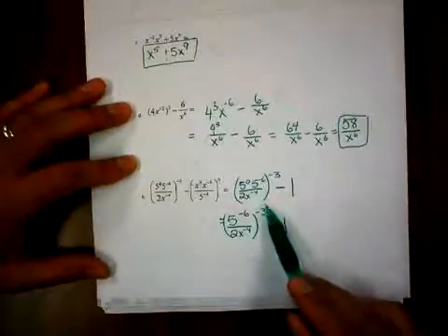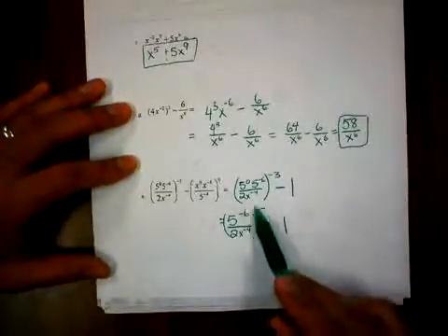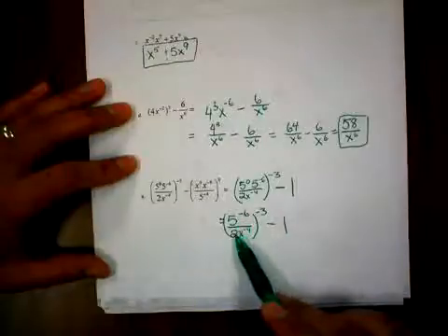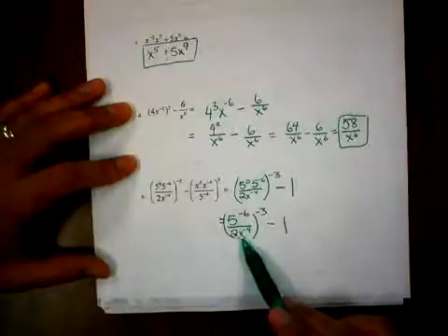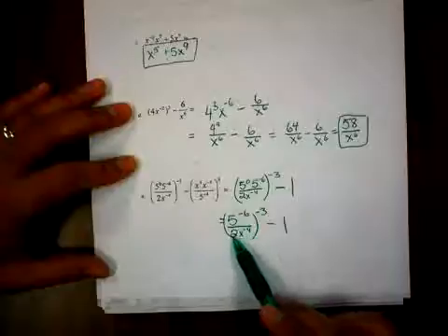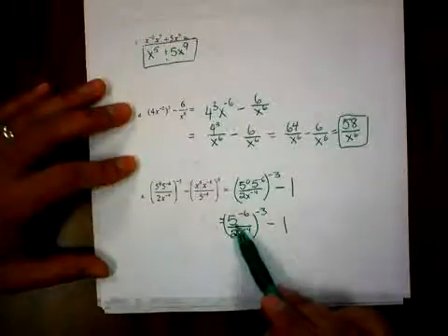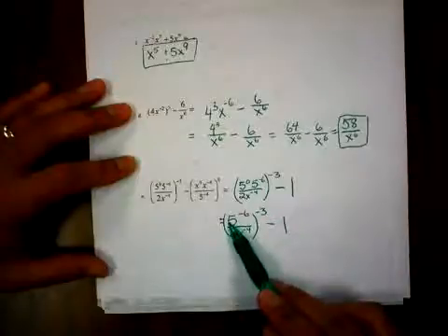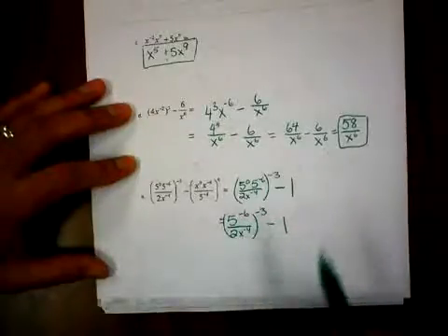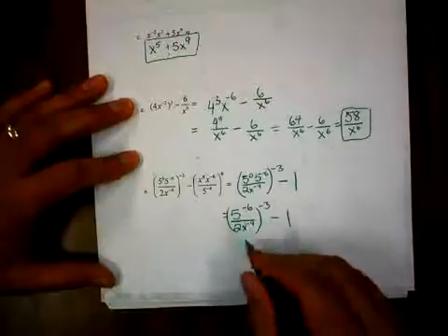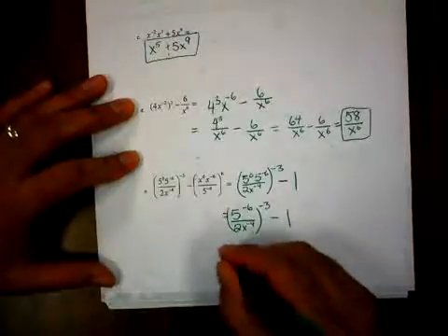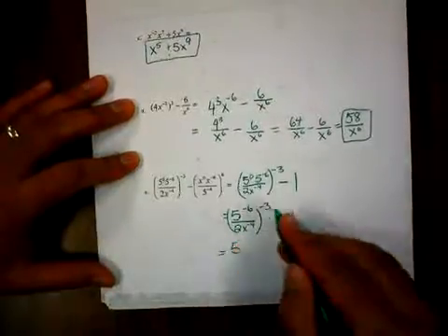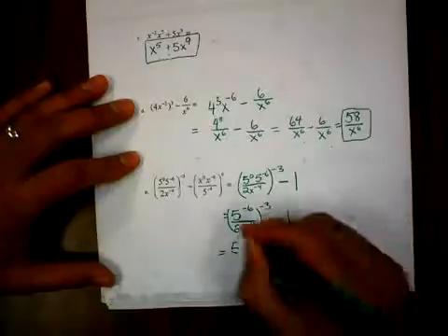Now, this -3rd, I can distribute, but I need to make sure I take it to all pieces. 2 is a coefficient of x to the -4th, so that needs to be raised to the -3rd. But 5 is the base itself, so I don't raise 5 to the -3rd and -6 to the -3rd. I just raise the -6 because that is the common base. So we get 5. Negative 3 times negative 6 is 18